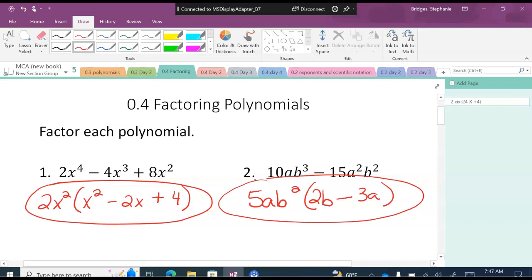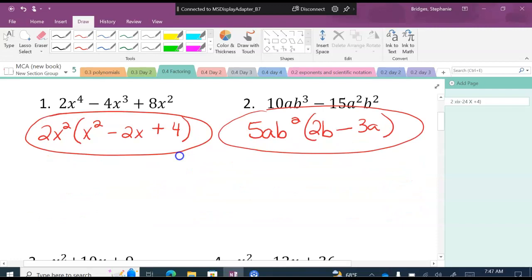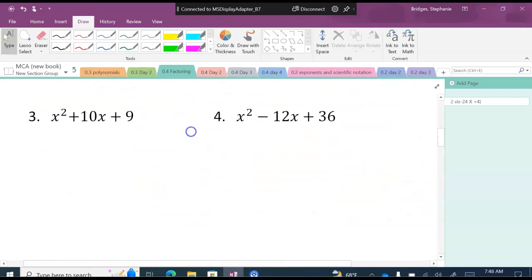But again, before we begin any factoring problem, the very first thing we're going to ask ourselves is, do we have a GCF? Do we have anything in common? Is everybody okay with those two? All right, if you will, take a minute and write down number 3. And while you're doing that,